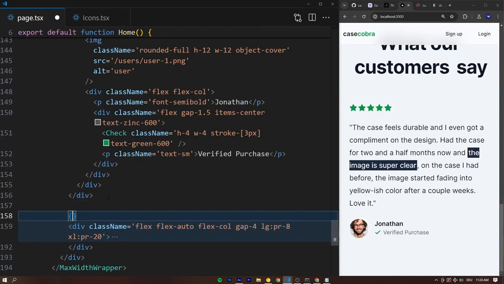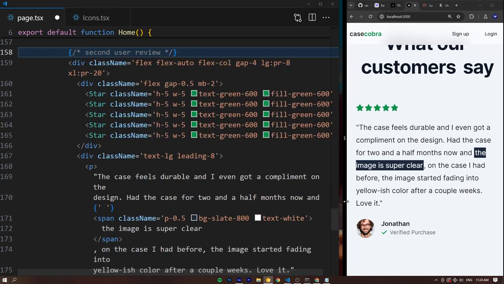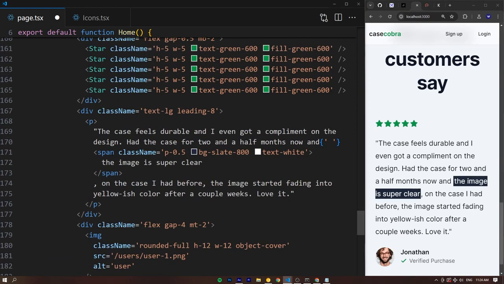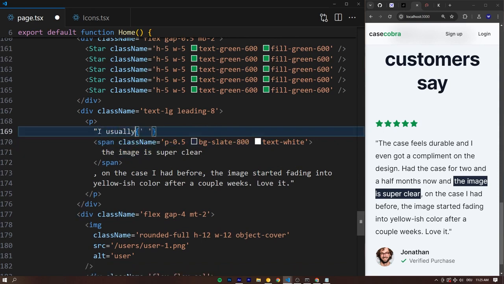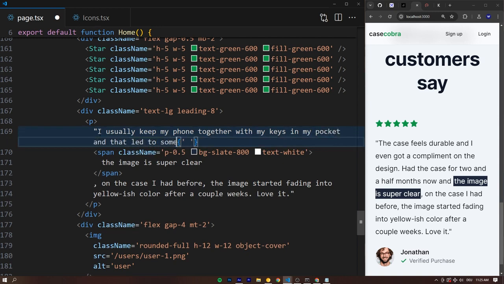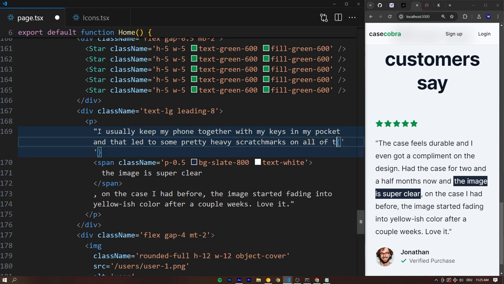And we can also make a little comment for ourselves right here, saying something like second user review, right above the code we just copied down, so we know what this is. And let's change this user review, right? We want a bit of different text. So before the span, we're gonna say, I usually keep my phone together with my keys in my pockets. And that led to some pretty heavy scratch marks on all of my last phone cases. Period. This one, comma, besides a barely noticeable